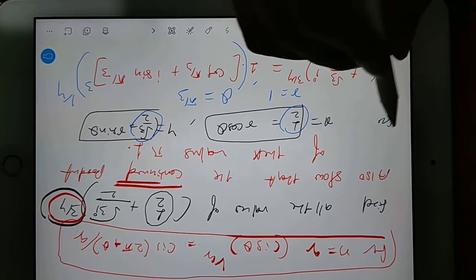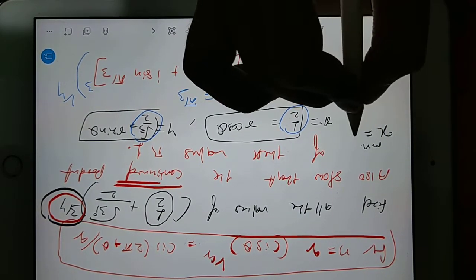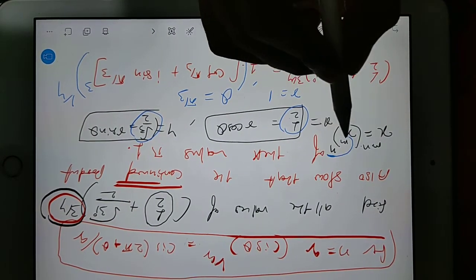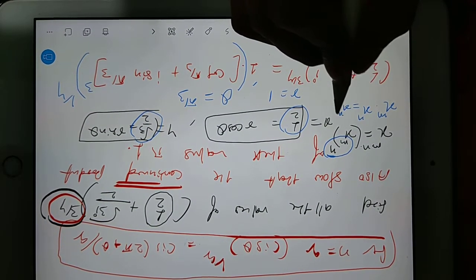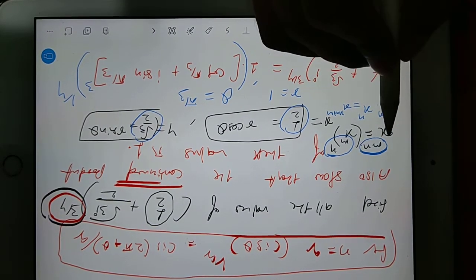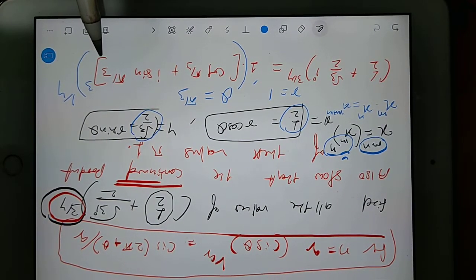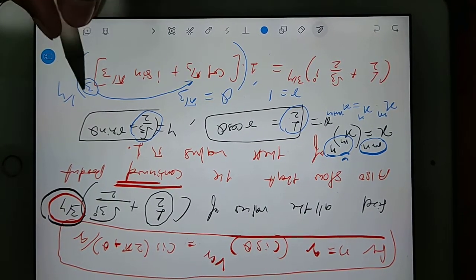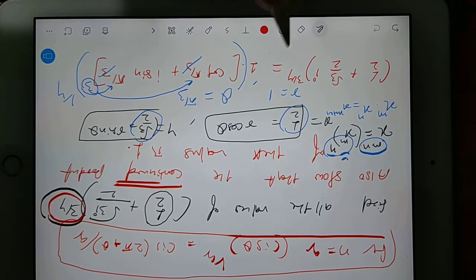You might know this rule in mathematics: you can multiply two powers. Suppose you have x power mn, then you can write this as x power m whole power n. Don't be confused with x power m into x power n equal to x power m plus n. That is different. Here, if the multiplication is already given, then you can break it like this. You should not be confused. Now, if I use this 3 here and here with the help of De Moivre's theorem, then this 3 and this 3 will get cancelled.